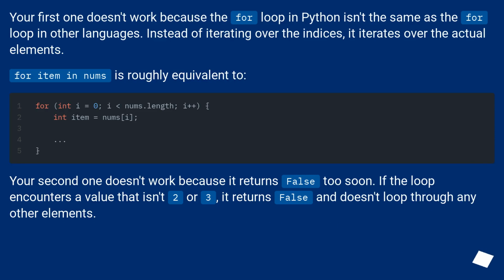Your first one doesn't work because the for loop in Python isn't the same as the for loop in other languages. Instead of iterating over the indices, it iterates over the actual elements. For item in nums is roughly equivalent to: